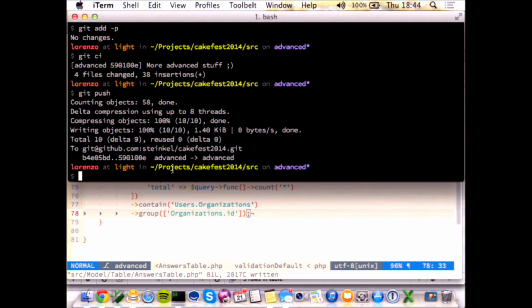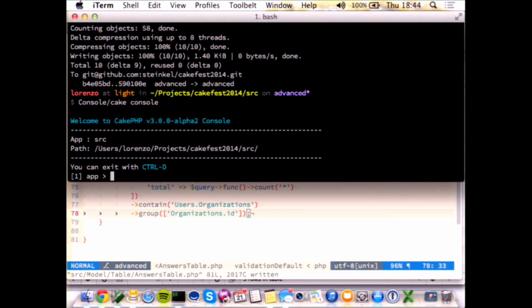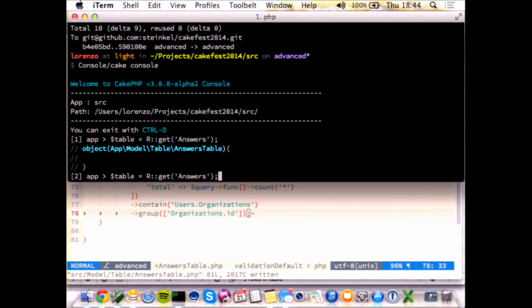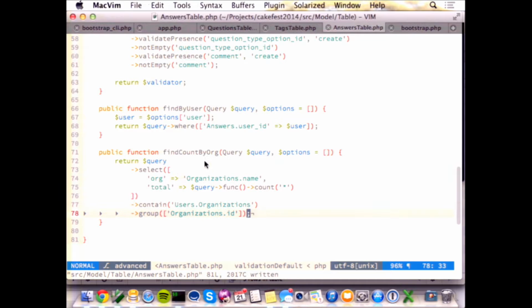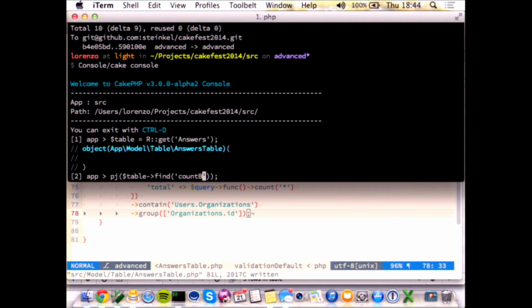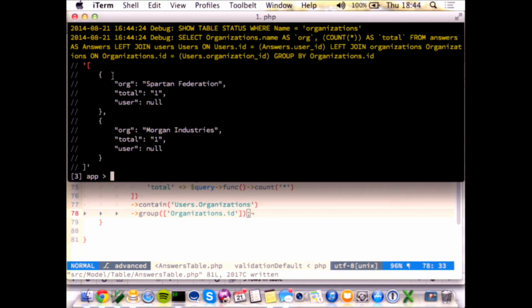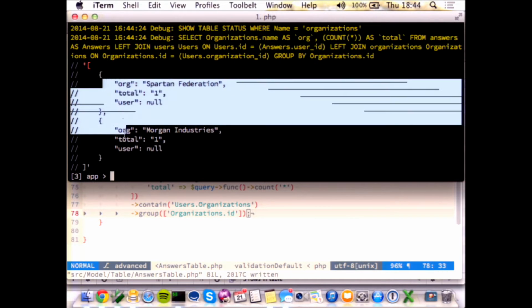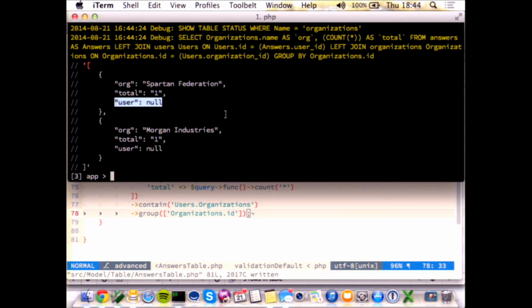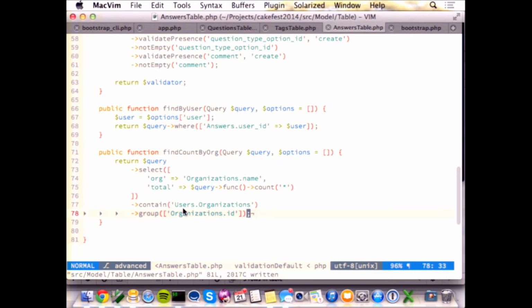Okay, so I'm going to run this now. Console, get a table, it's answers, pj, count by org. Okay, now we have the organization, and I have a very annoying user null column here that I'm going to remove. The reason that it's there is because I selected it. I said, okay, contain that model. So it has to appear there because that's what you told it to do. So if you don't want it,